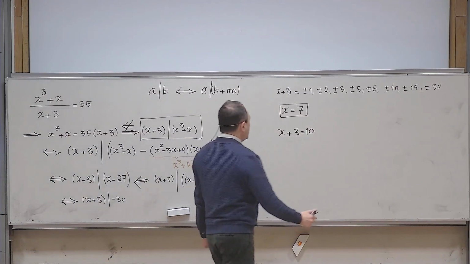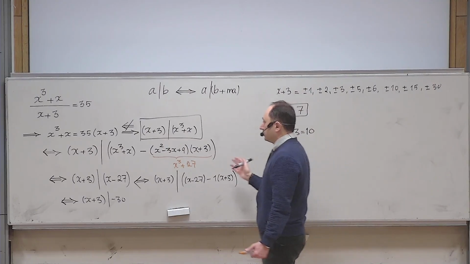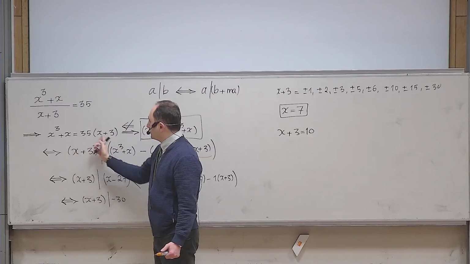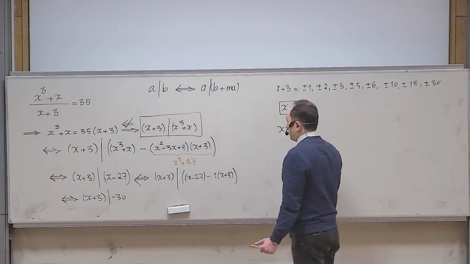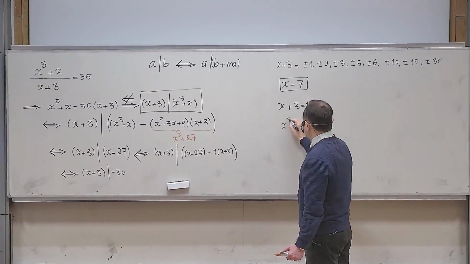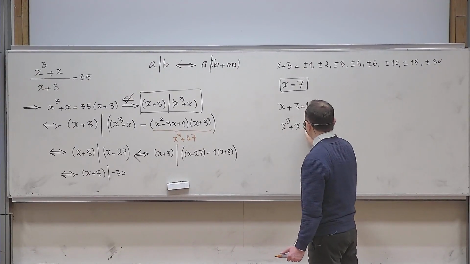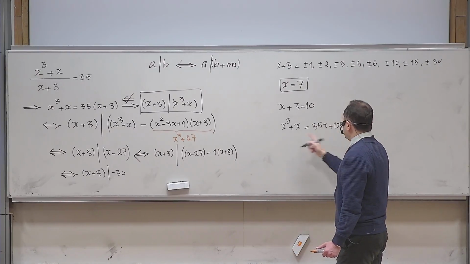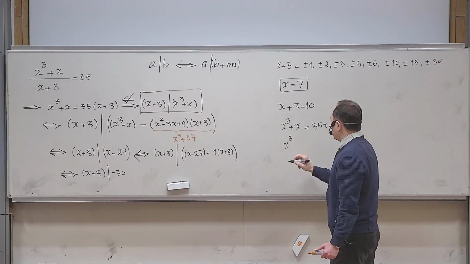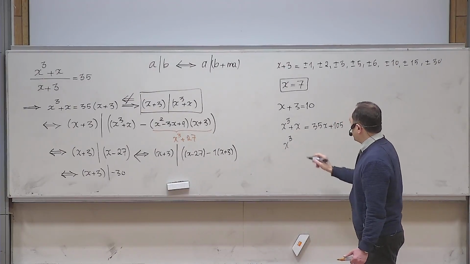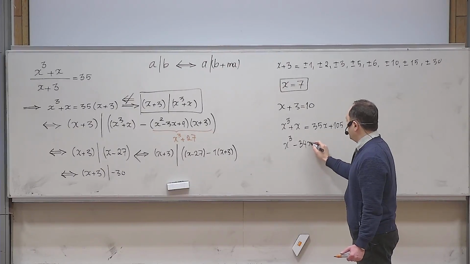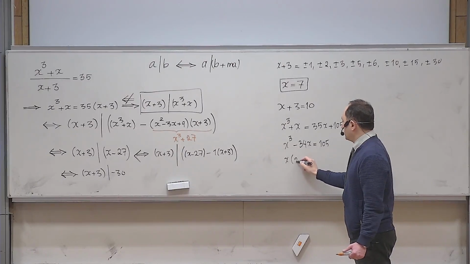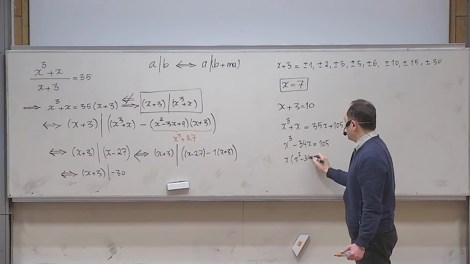You might say that, okay, this is too lengthy, I can do it a little bit faster. For example, if I started from here but multiplied this there, let us see what happens. So this becomes x to the power of 3 plus x. I multiply 35 in, and then I move everything to the other side, so it becomes x to the power of 3 minus 35x plus x, which is minus 34x. No, let me keep 105 on the right, and then I factor an x out. This becomes x squared minus 34